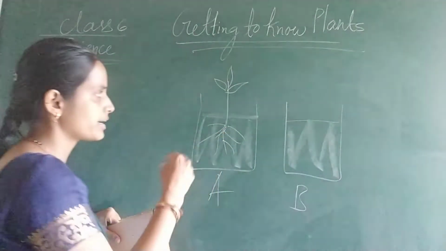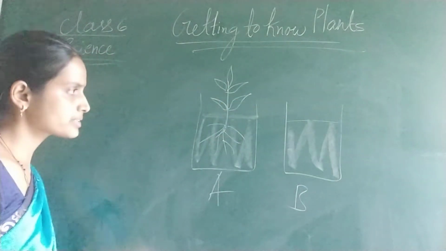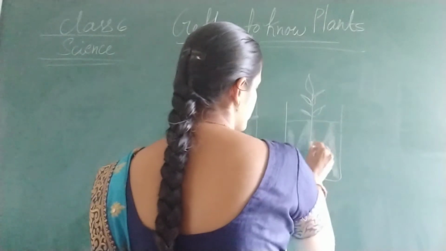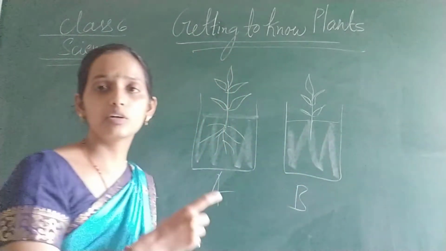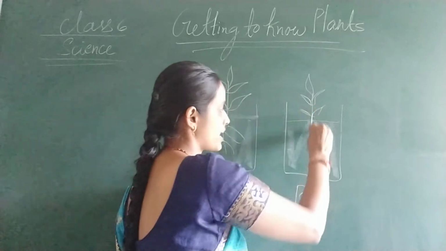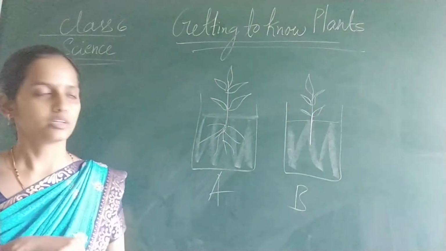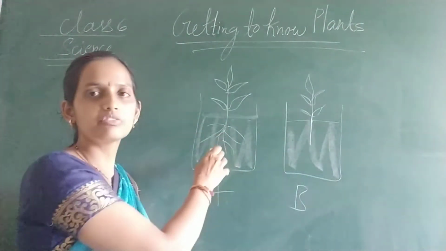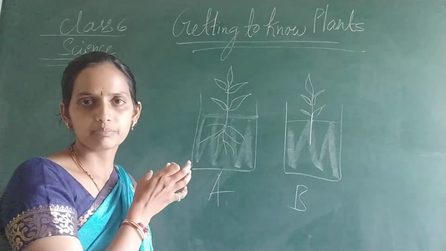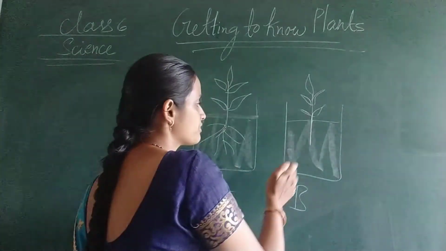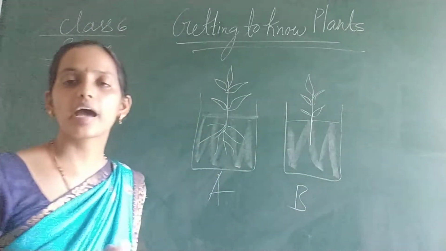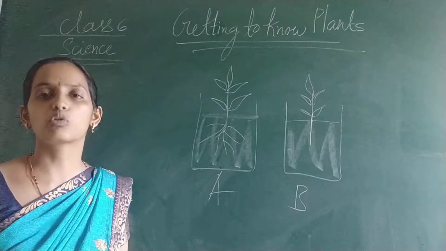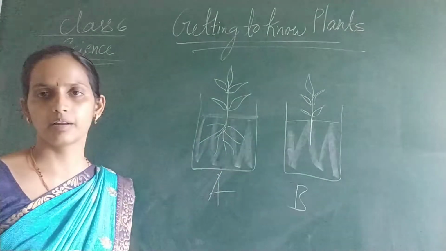So this plant has a root, whereas in the other plant we have cut the root part, so it is put directly in the pot. After some time, what you observe is that there is good growth of the plant which has the root system, right? But the plant which does not have the root is not healthy, and it is not showing any growth as compared to this one, right?